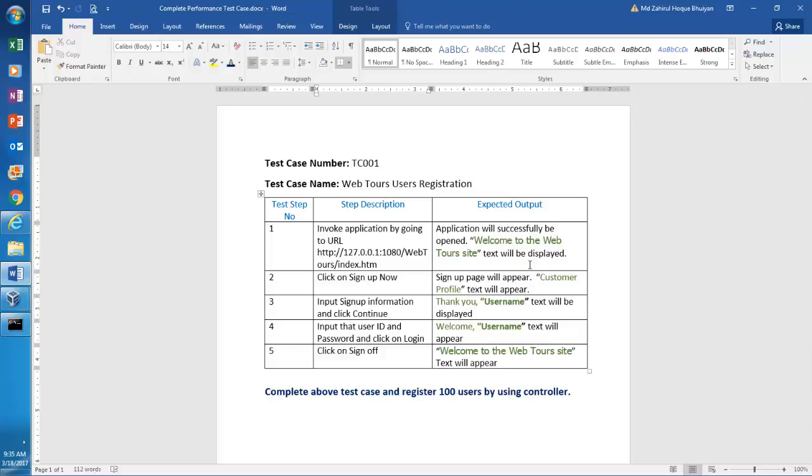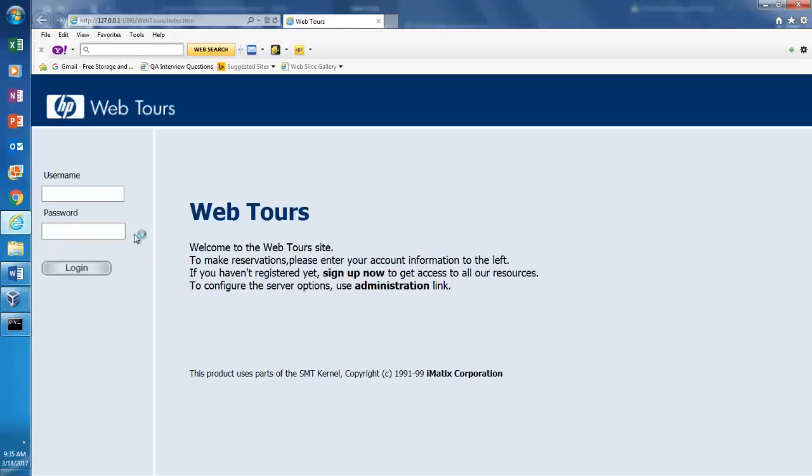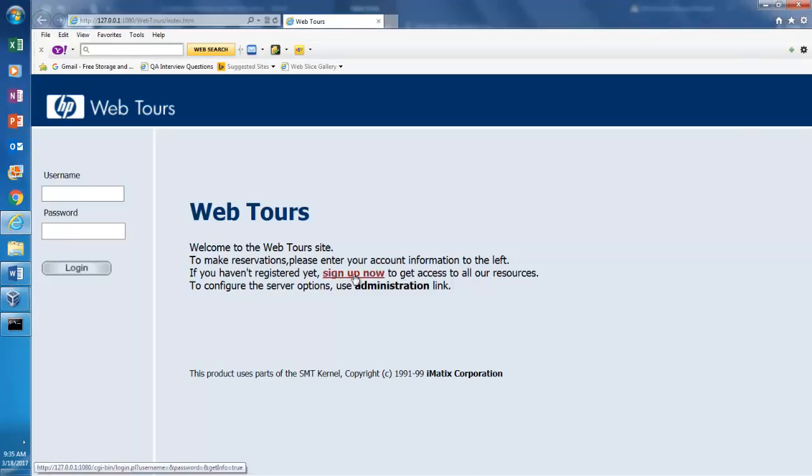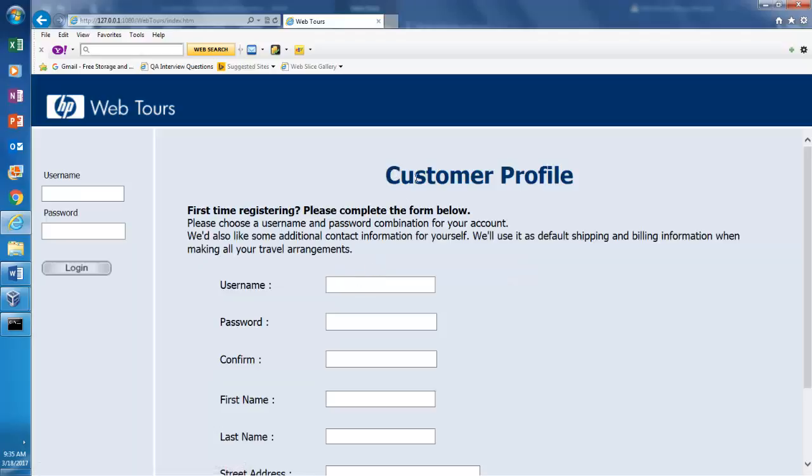So when you open the application, I want to make sure that the application is successfully opened. That's why I am looking for this text. If I get this text, then I will assume that all other objects successfully loaded. The next step, if you take a look, is click sign up now. And when you click sign up now, customer profile text will appear. So when you click sign up now, you will have to make sure that you got this text,